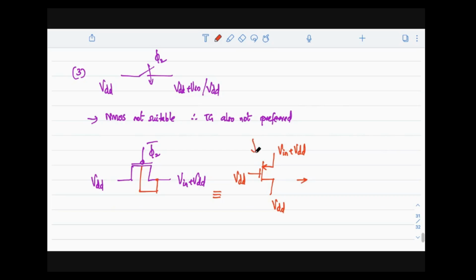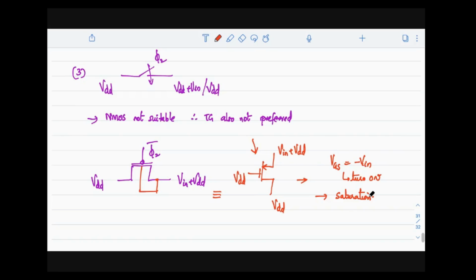Whatever I have drawn here is the condition of the switch with the voltages when the switch is supposed to be turned off. But if you look at the voltages here, especially the VGS voltage, we can see that your VGS here is actually equal to minus Vin. This is a PMOS device. For the PMOS device, if your VGS is less than VTP, the device will definitely turn on. This will make the device turn on. And also, if you look at the VDS voltage, you can say that the device will go into saturation region.